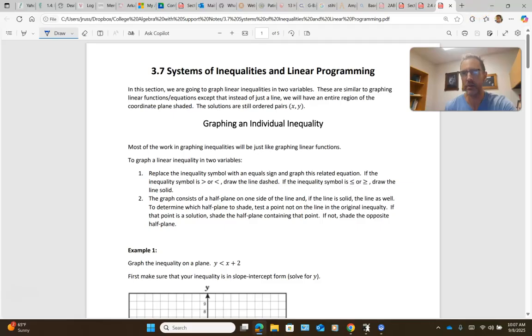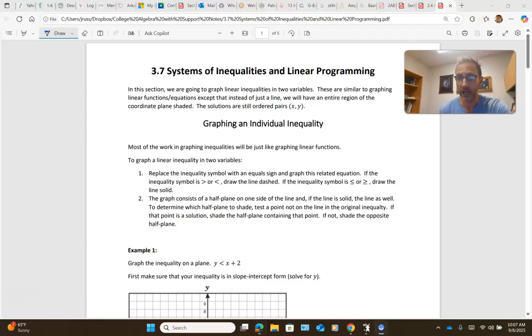So what we're going to be doing is graphing inequalities, much like we graph equations or functions, however you want to refer to them. And remember, when we graphed an equation, guys, all of the points that made up the graph, whether it was a straight line,